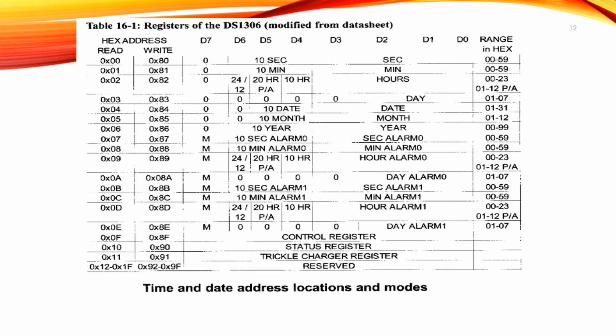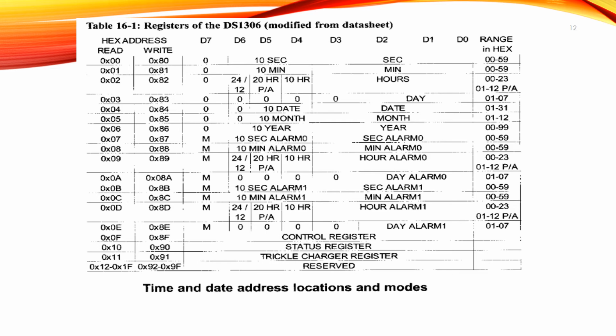The next 3 bytes are used for the control and status registers. You can see the control register and status register at 0x0F to 0x8F. There are addresses 0F to 11 in hex. The next 14 bytes, from addresses 12H to 1FH, are again just reserved and cannot be used.